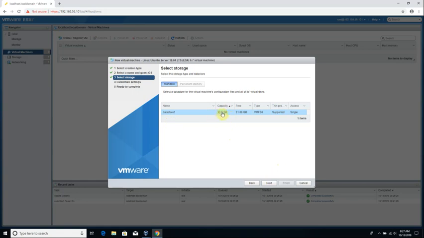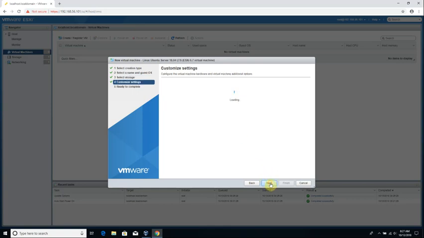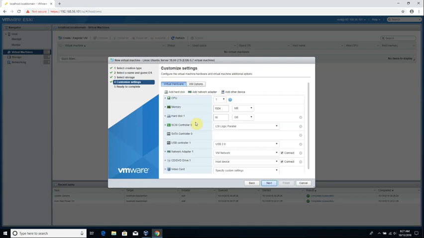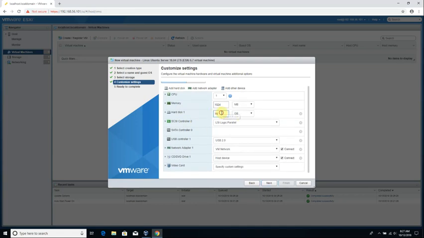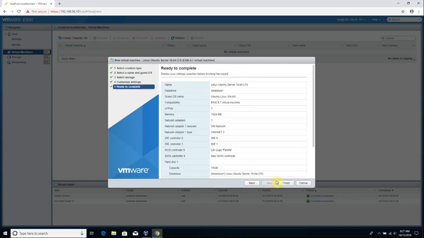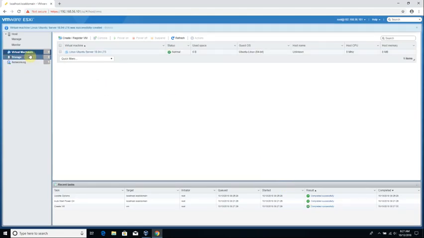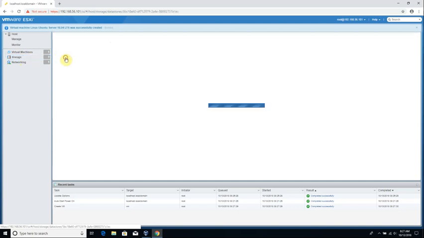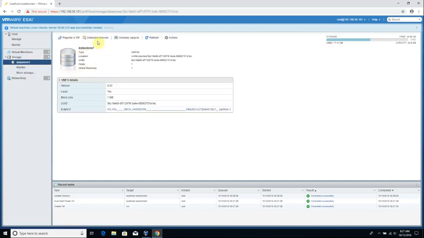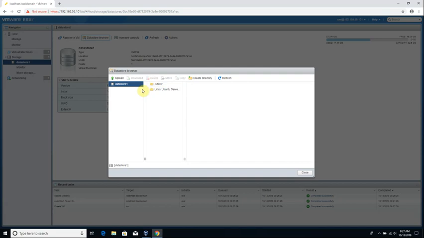That's actually the size of our virtual disk that we have configured on the Oracle VirtualBox hypervisor. We go next. Here we choose a virtual disk size, 16 gigabytes, virtual memory, OK, and some other configurations. We hit next and finish. OK, so in order to actually run this virtual machine, first I will have to go here to data store and upload